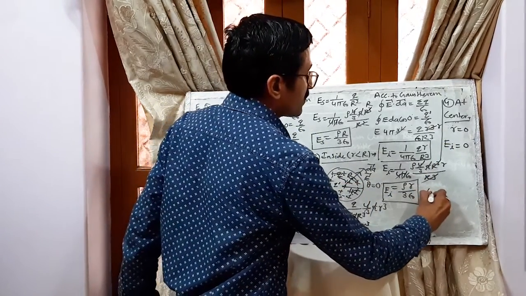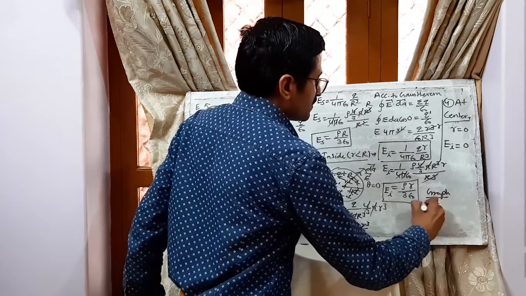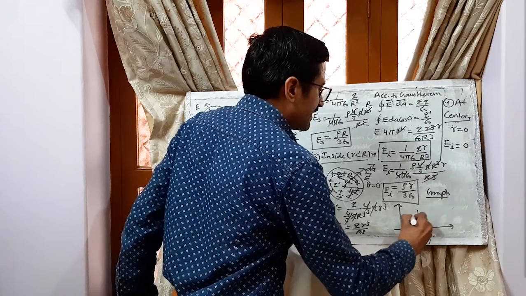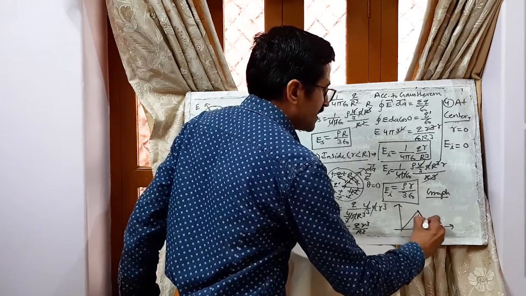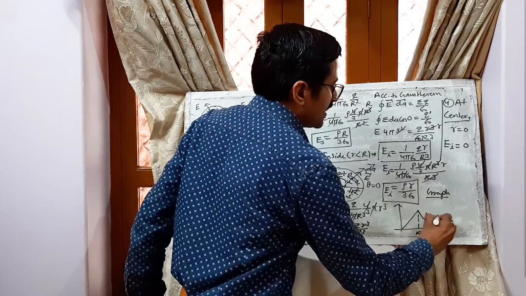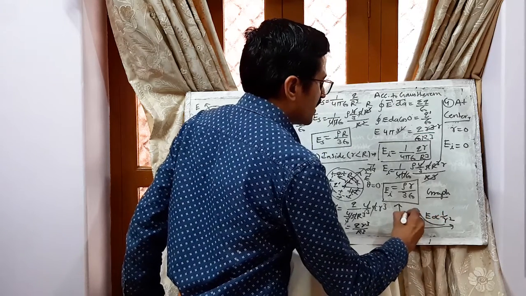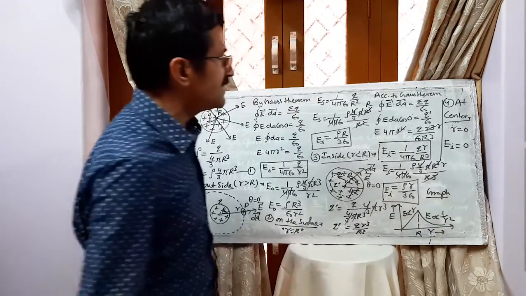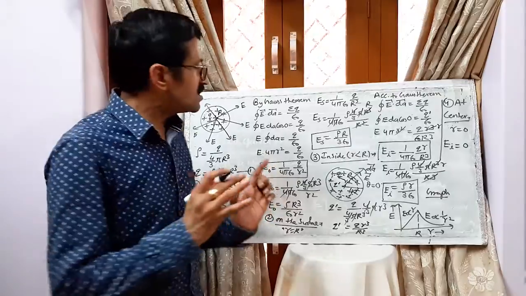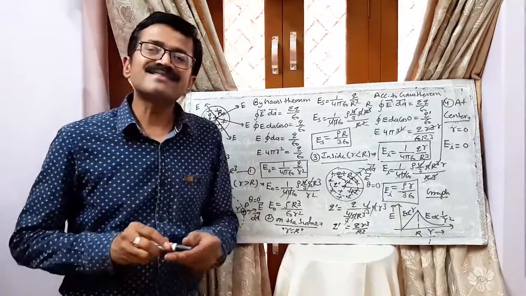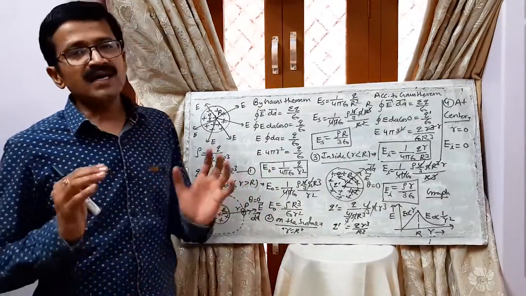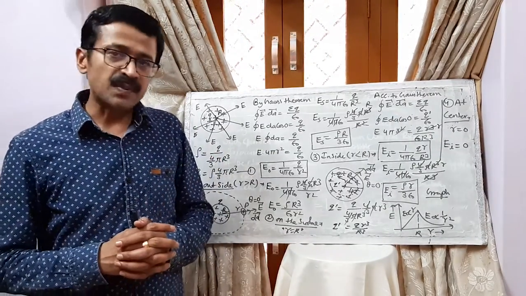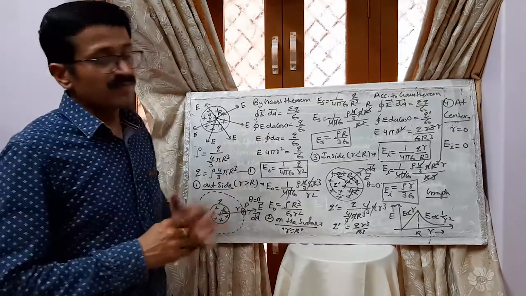Then what about the graphical representation? Graphically it will be like this. Inside it will be directly proportional and outside it will be inversely proportional. Outside, E is proportional to 1 upon r square. Inside, E is proportional to r. This is the graph between electric field intensity and distance. So this is about the electric field intensity at different places due to a solid non-conducting sphere in which volume charge distribution takes place. I think this session will be very useful for you.